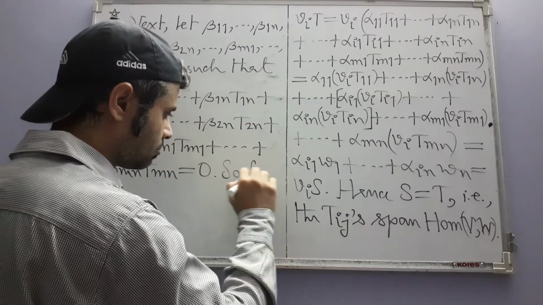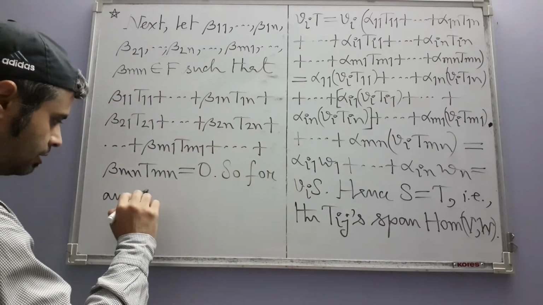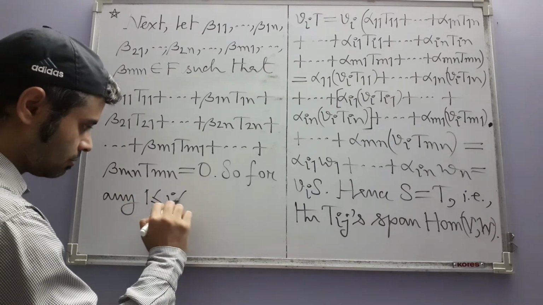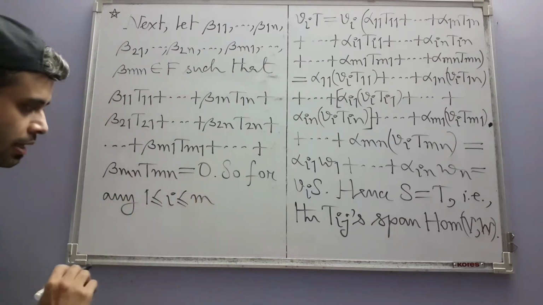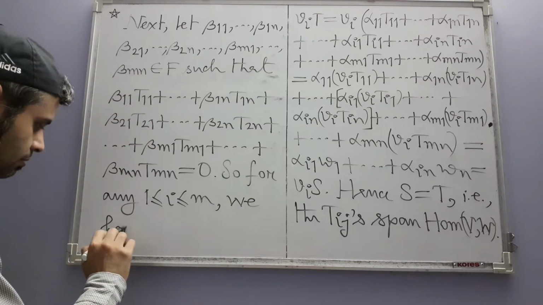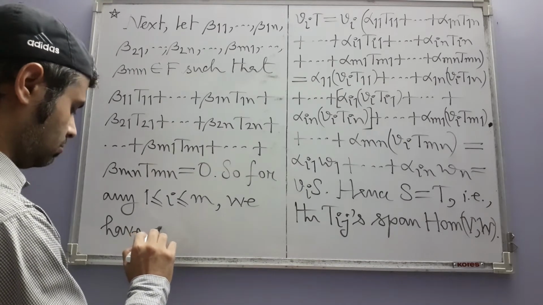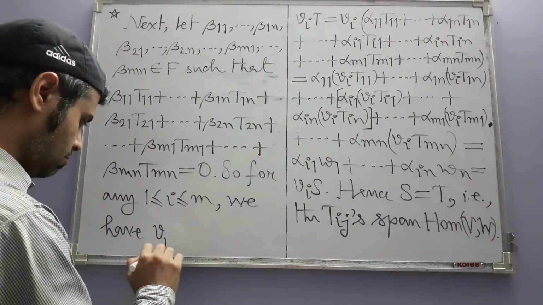So for any i lying between 1 and m, we have Vi